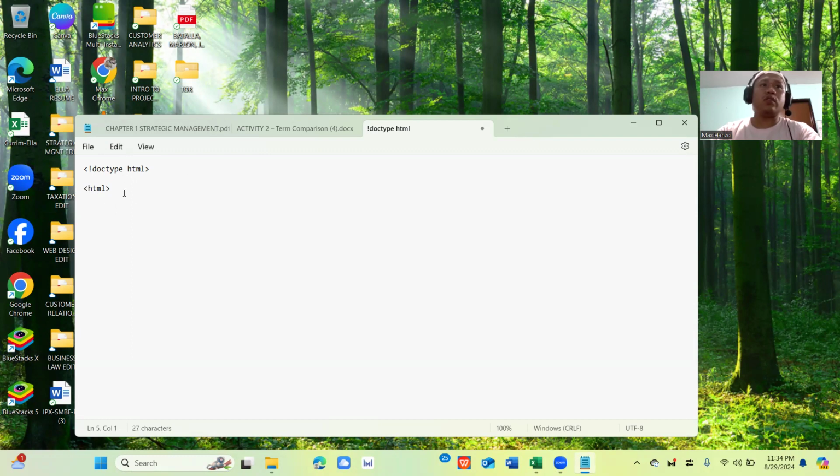And it's important to note that every opening tag should always have a closing tag. And the closing tag is always represented by a slash.